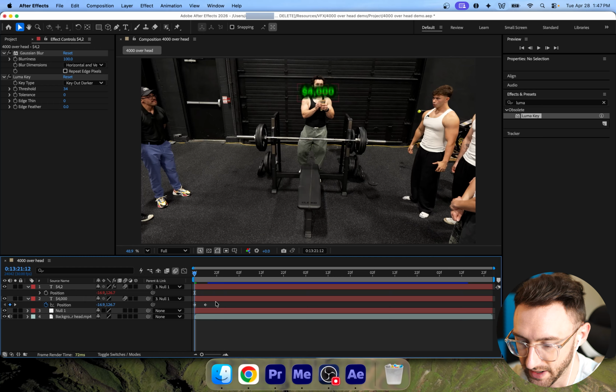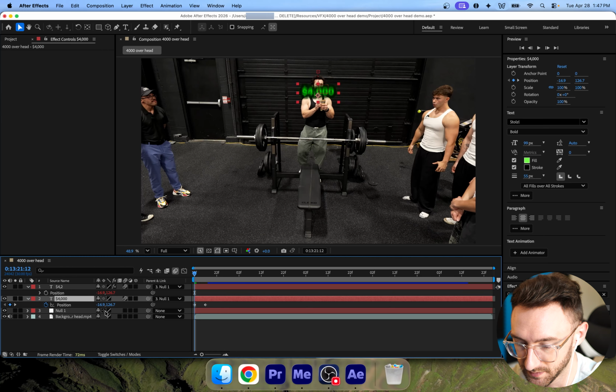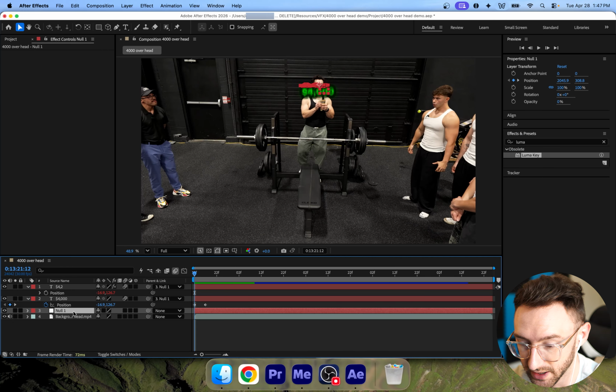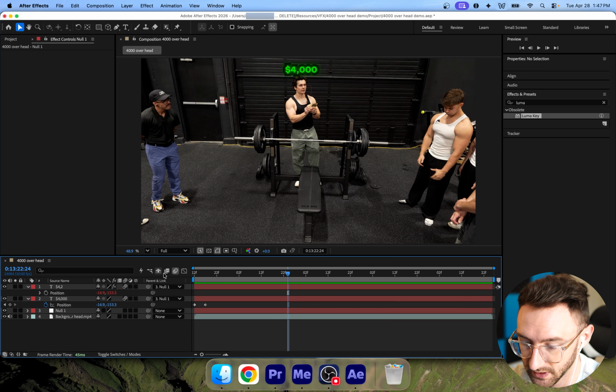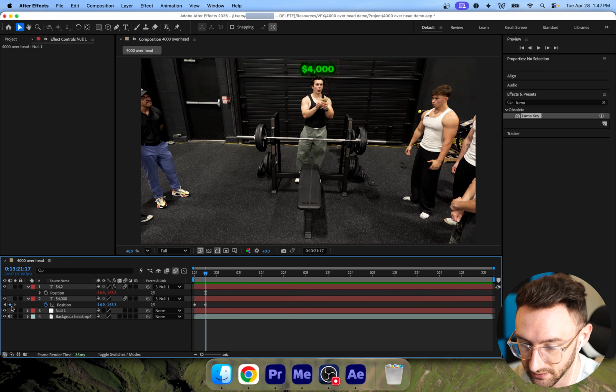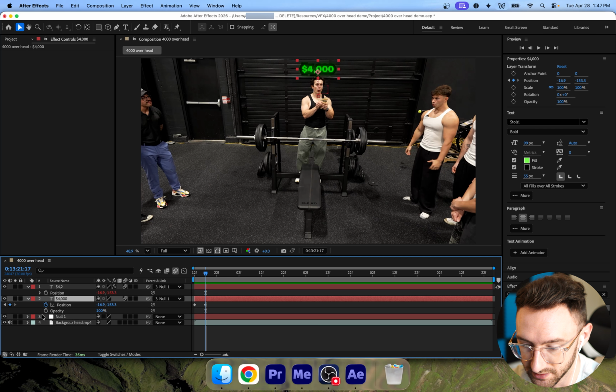And now when we play it back, it's using the position keyframes here, and it's also using the motion tracked position keyframes from the null object. So let's see how that looks. $4,000. Looks pretty good. And I'll also just make the transparency